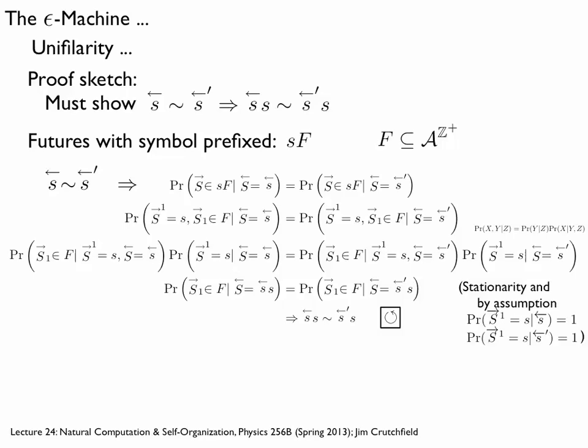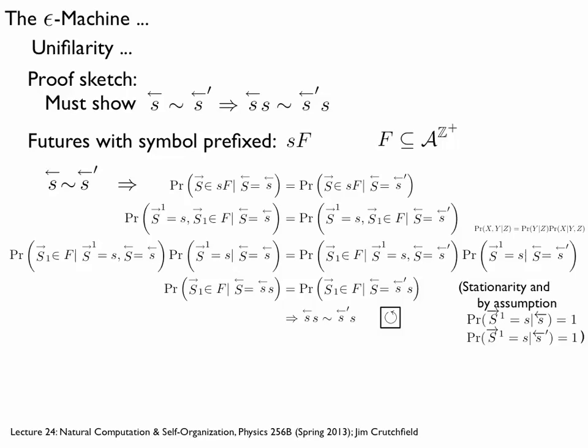All we're doing here is, having gotten rid of this factor of 1, I'm just packing back together. I saw this particular history S, and after that, I saw the symbol S. So I now have a new history in the sense of the next time, which is that past plus the new symbol. And then we have this new follower set of the symbol sequences I saw after one measurement.